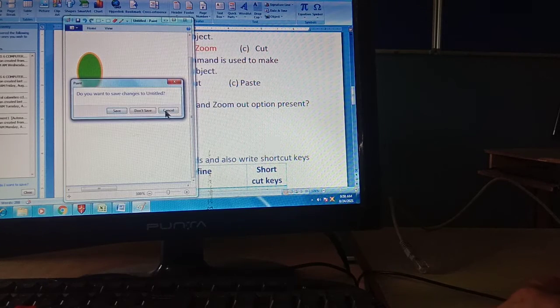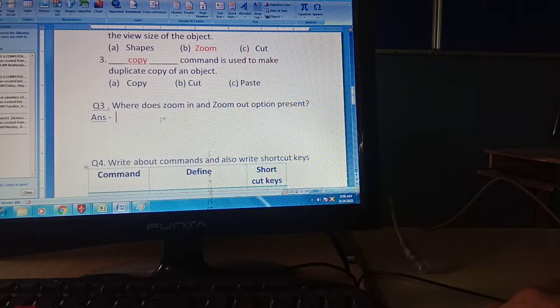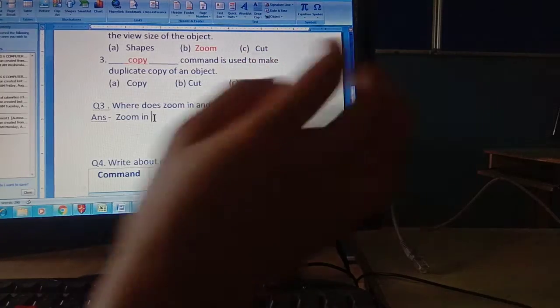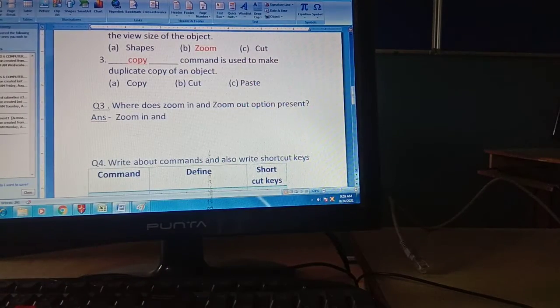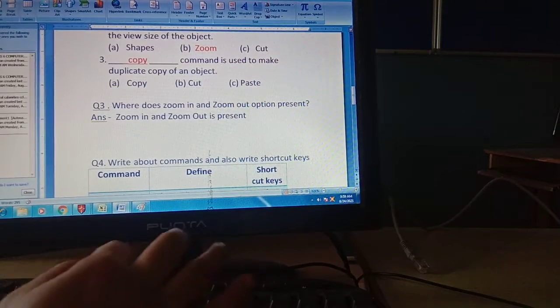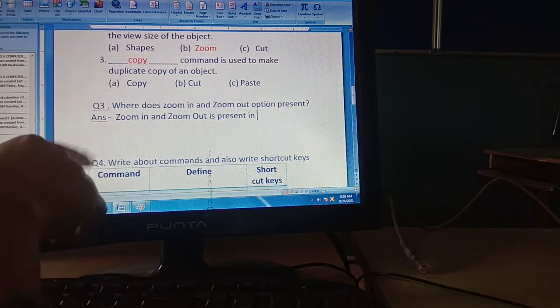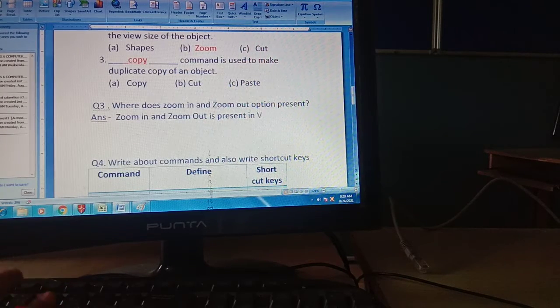So what answer we will write? We will write zoom in and zoom out is present in your view tab.